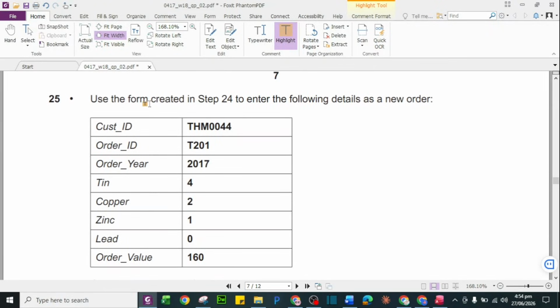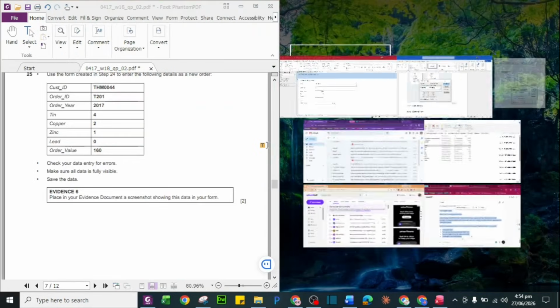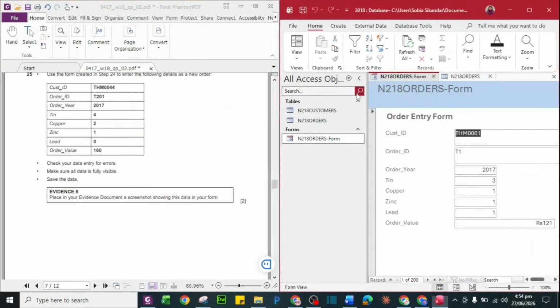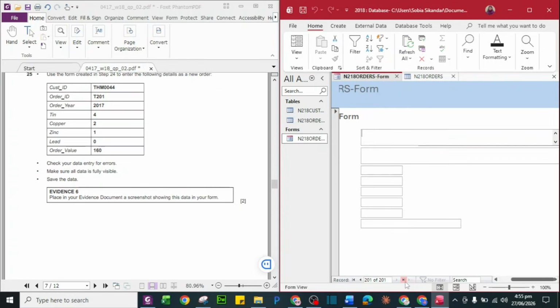Okay, now in question number 5, use the form created in step 24, enter the data. Now this data entry we will do, and for that I want them side by side. There is one option of a new blank record with the star. Click that one, enter TH M0044 as cust ID.